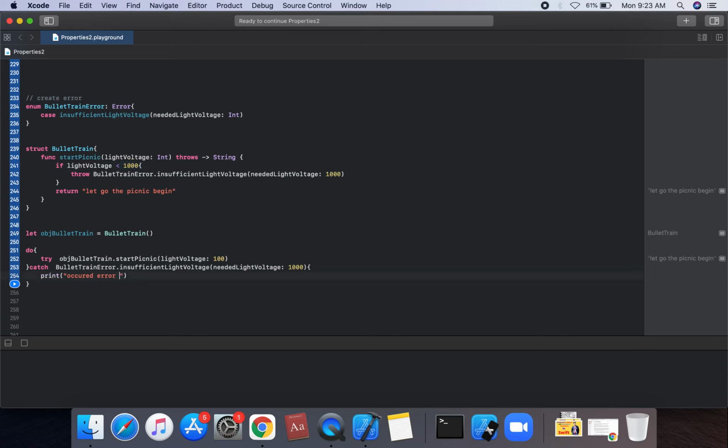and occurred error, print this error. Occurred error insufficient light voltage, and we can assign string interpolation, need.